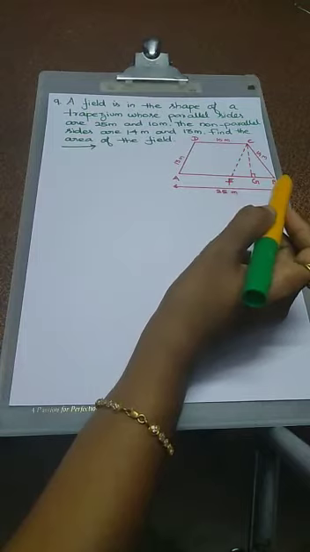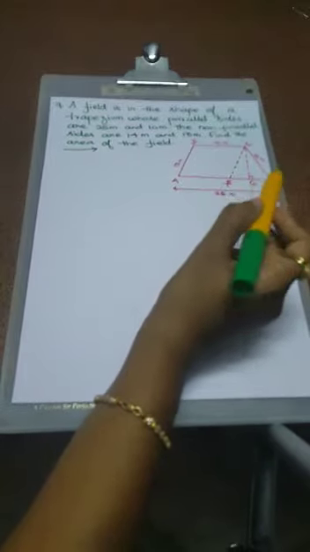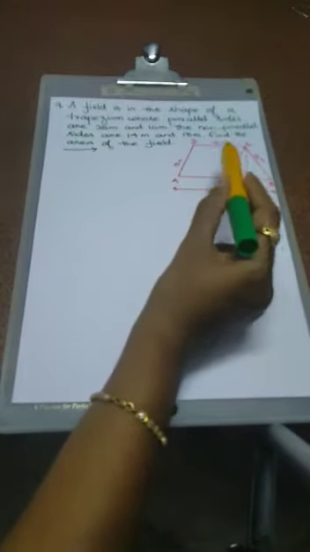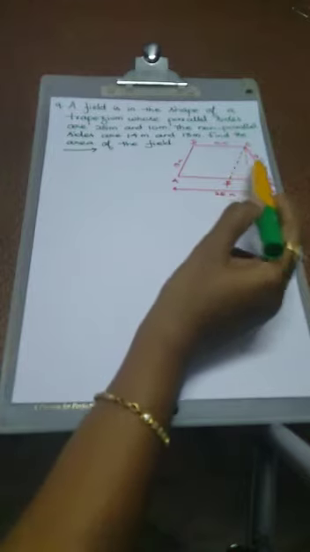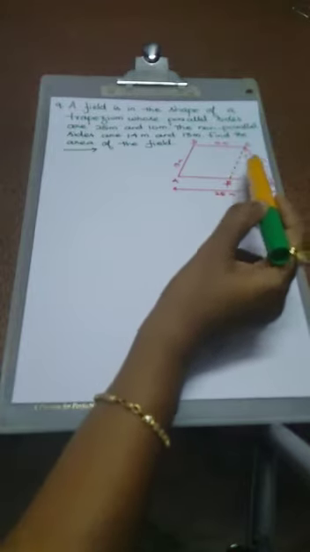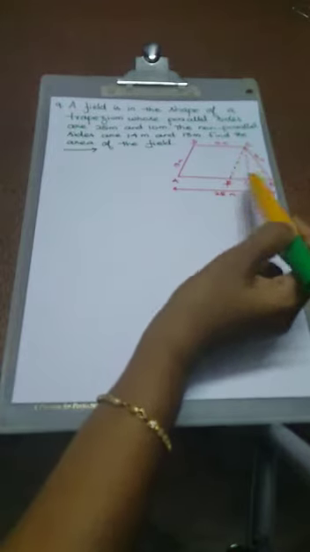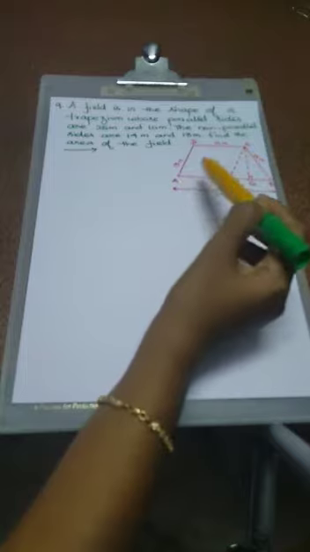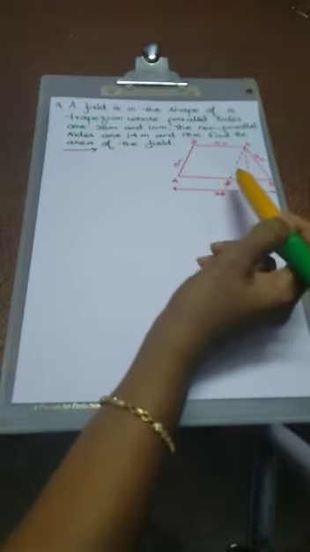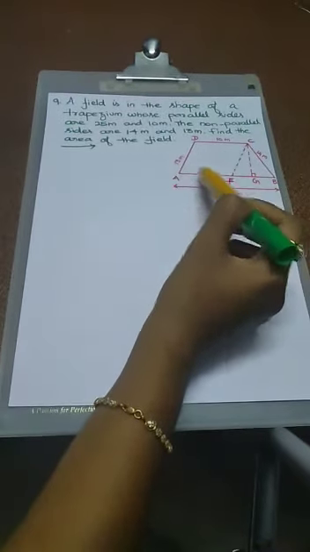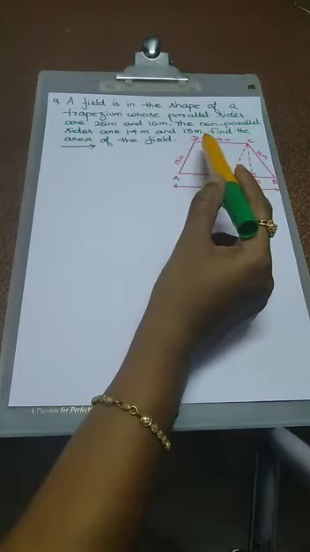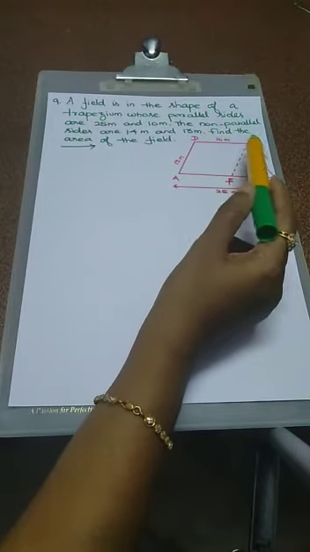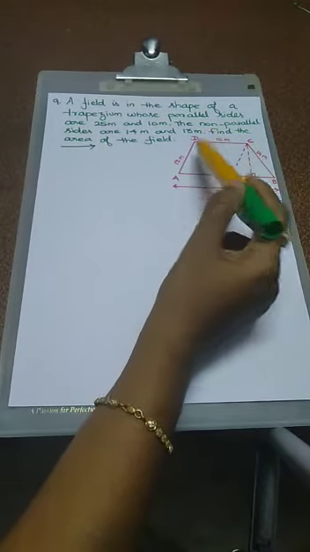So what is the area of a trapezium formula? Half into H into A plus B. So we need a height. We just draw one line, that is the perpendicular line. This line CG is perpendicular to AB. So you just make another line also, that is CF. This CF line is parallel to AD. This looks like a parallelogram. So AFCD is actually a parallelogram. So what is the CF value? CF is equal to DA value.